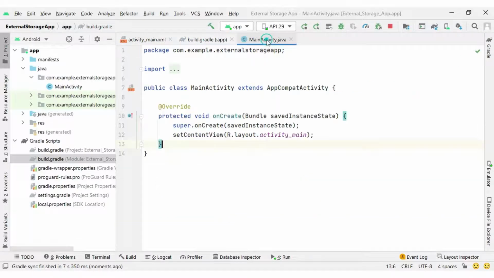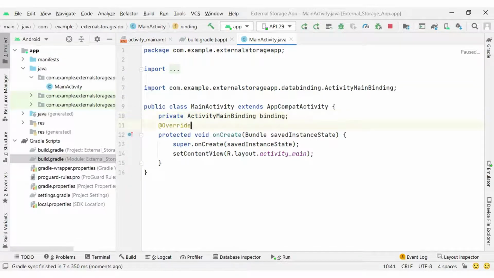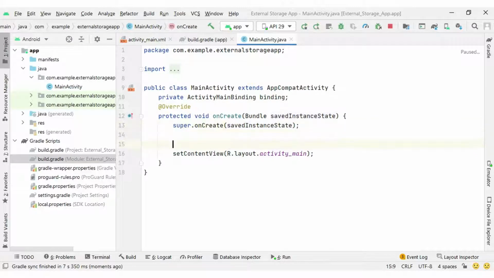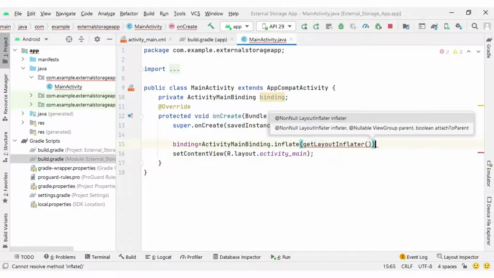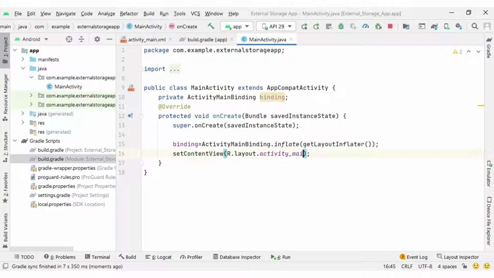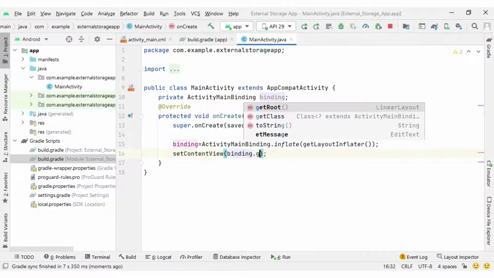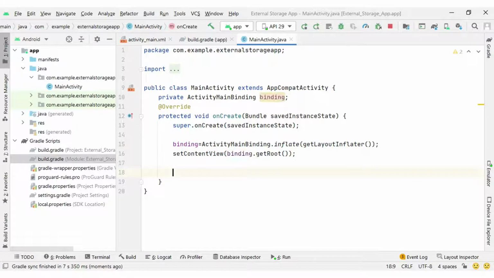Next, inside our activity, I will create a binding instance: private ActivityMainBinding. We create the binding instance inside onCreate before setContentView, passing getLayoutInflater to the inflate method, and inside setContentView we type binding.getRoot. So view binding is enabled.